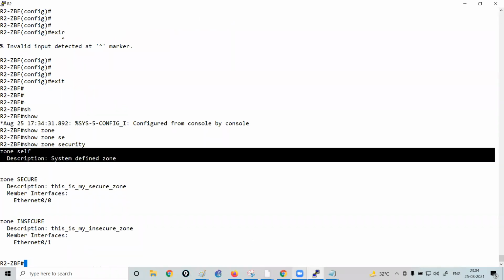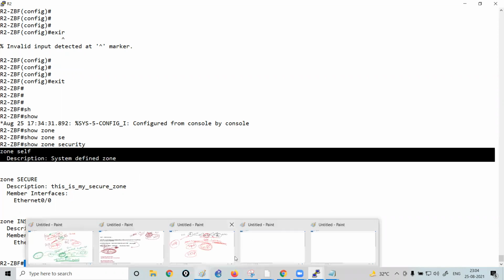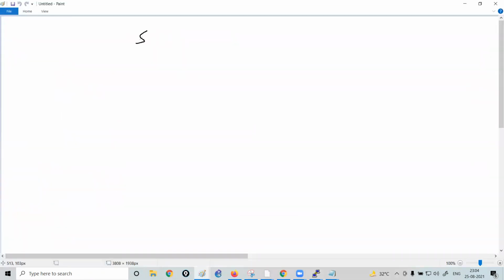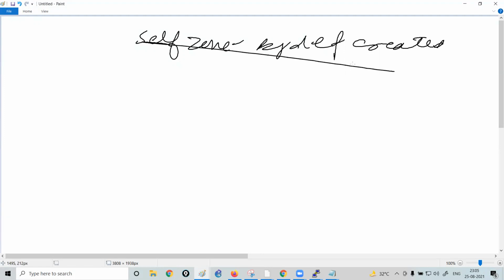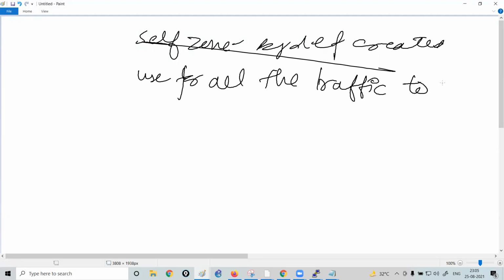This self zone on a router is created by default, and it is used for all the traffic to the zone-based firewall. Is it clear? So on the router on which you have created the zone-based firewall policies, the self zone will be used for that traffic. Okay, how?